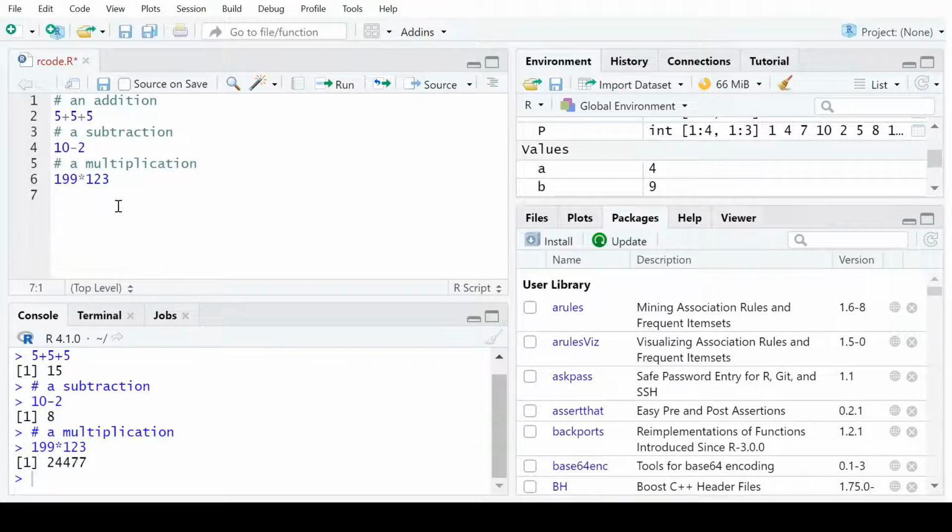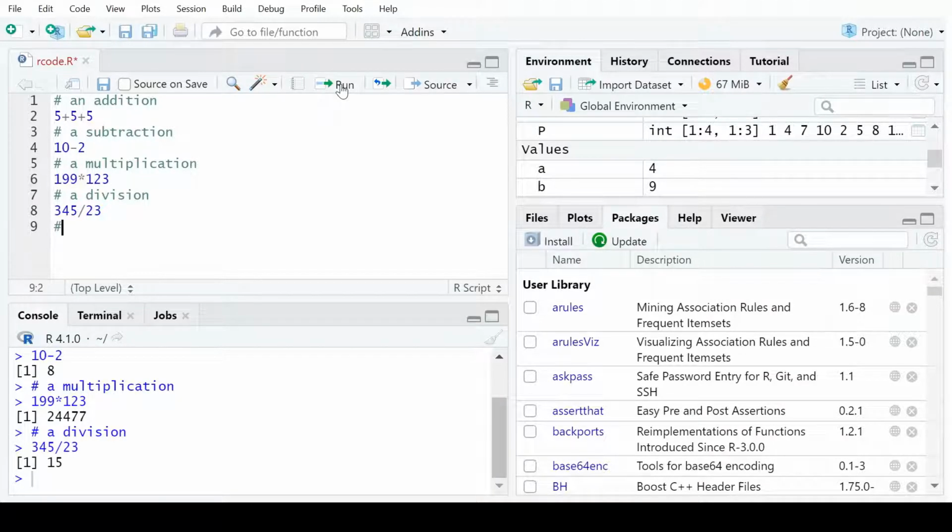What else can we do? We can do a division as well. We can do an exponential also. So write a comment: we need to do a division. Now how can we do a division with R? We can do a division like this. We need to execute the code. See, here the spell check also works, which helps in knowing better what we are doing. So the division function also worked properly.